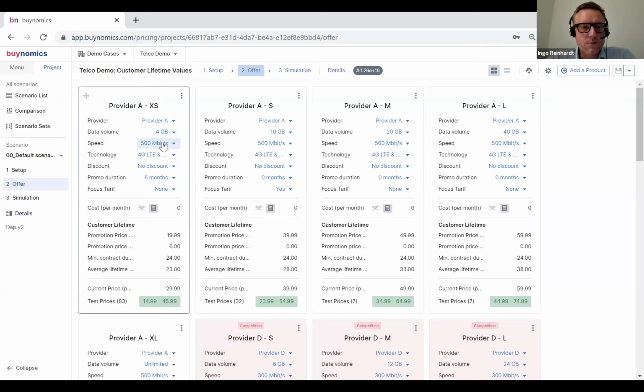And you see here, given these prices, that you have a number of sales in each one of these cases. And with that, you have revenues, you have profits. Revenue and profits are the same in this case, because we don't have any costs.